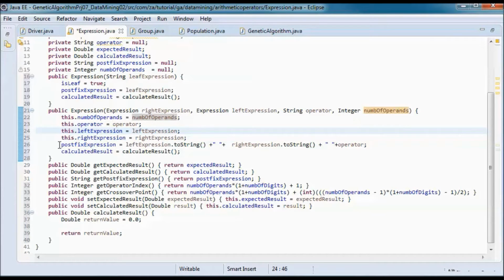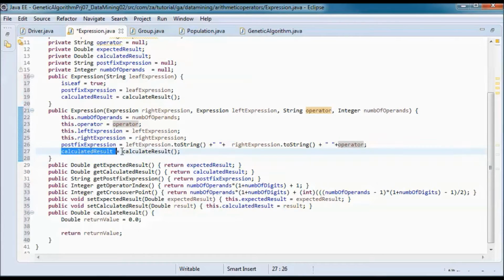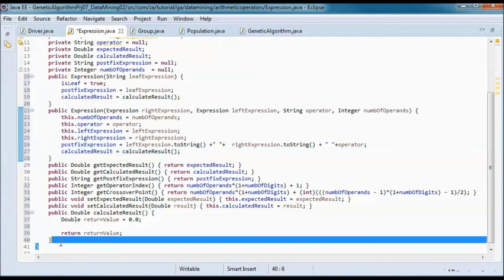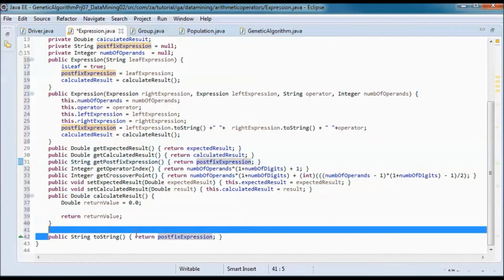And for the postfix expression, that would be the left expression string value with a space plus the right expression string value with a space and then the operator. And same as here, the calculated result would be what's returned from the calculate result method. And the toString method would return the string value of the postfix expression.